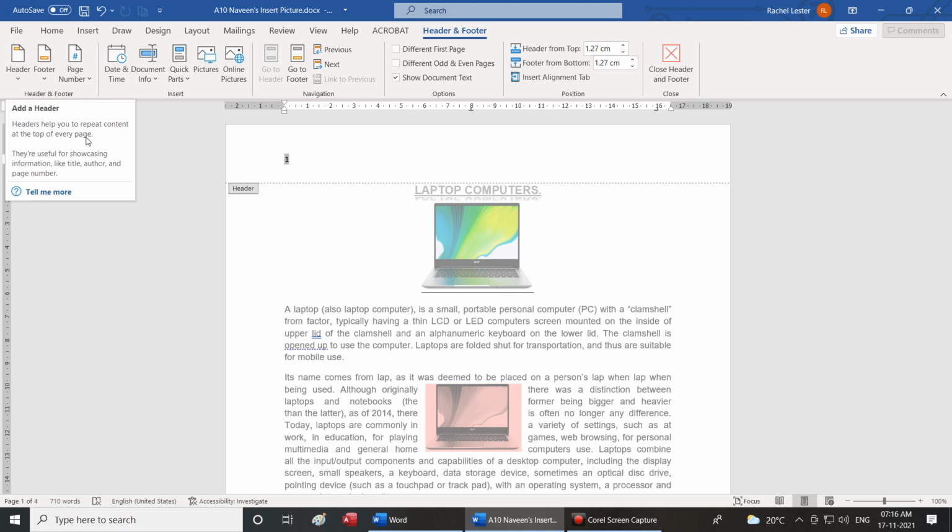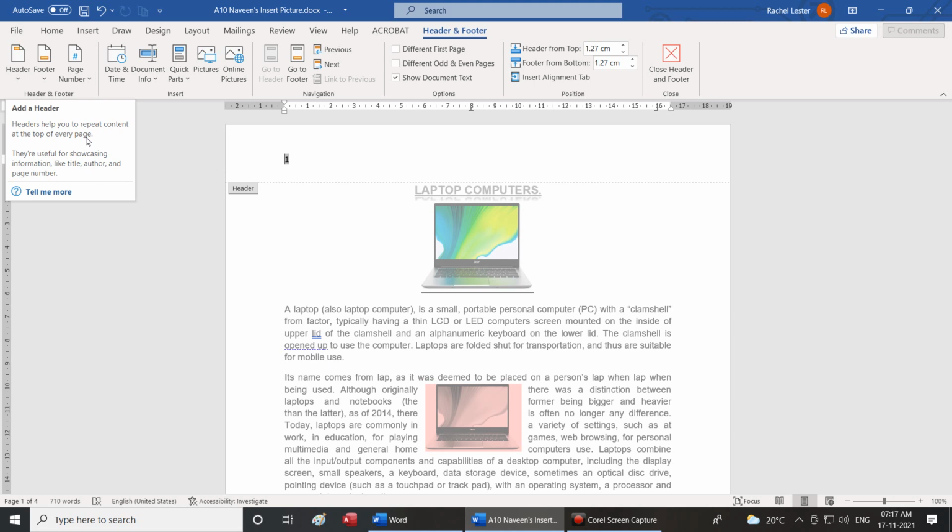Header option helps you to repeat content at the top of every page. Next line.